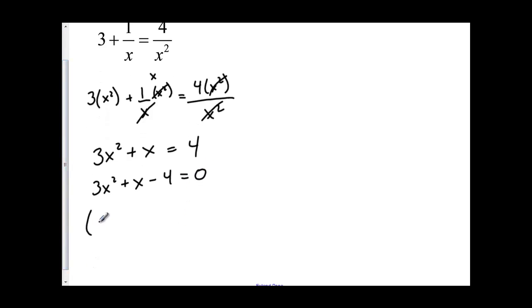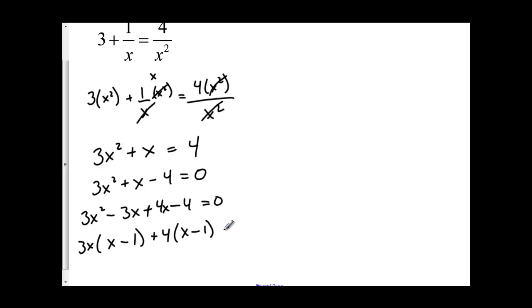Now I need to factor this. I know I'm going to need to multiply to negative 12 and add to 1, which is going to be positive 4 and negative 3. So I've got 3x squared minus 3x plus 4x minus 4 equals 0. Factor out 3x, I get x minus 1. Factor out 4, I've got x minus 1. And I get 3x plus 4 and x minus 1 equals 0, which means the solution to this equation could be negative 4 over 3